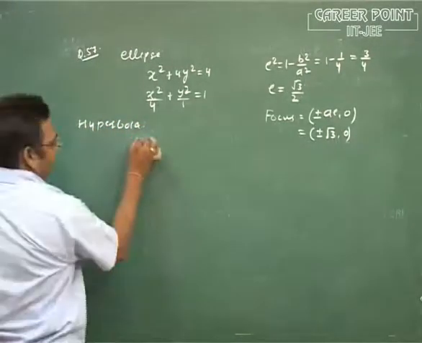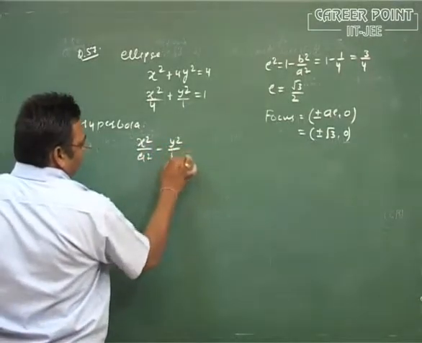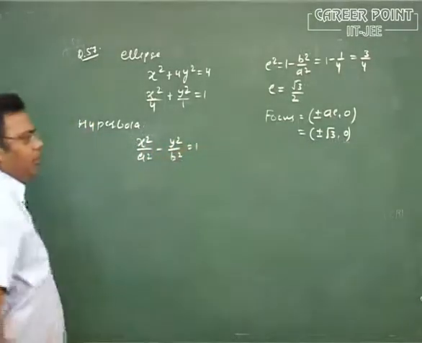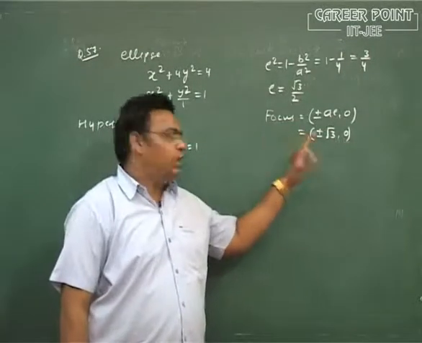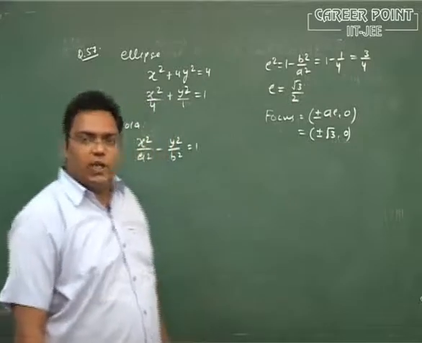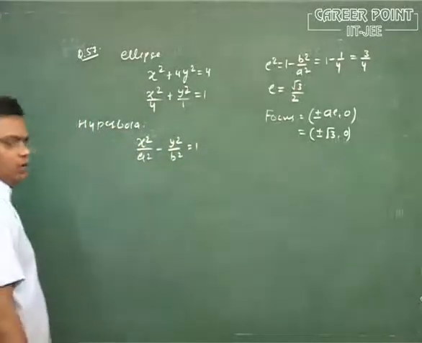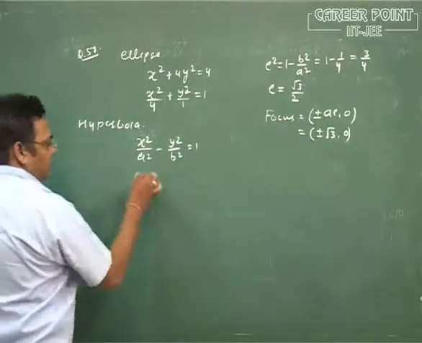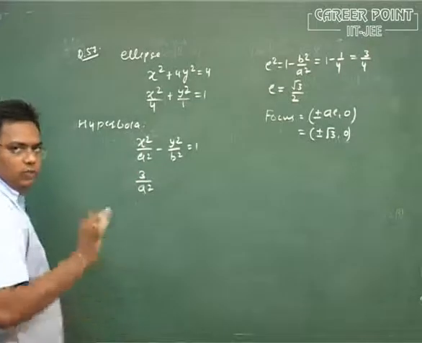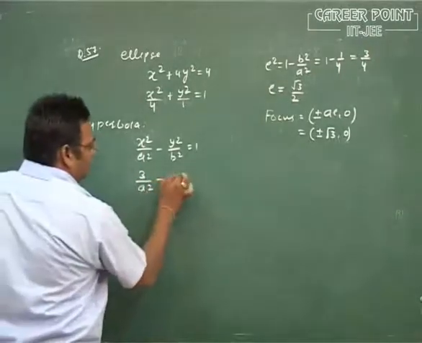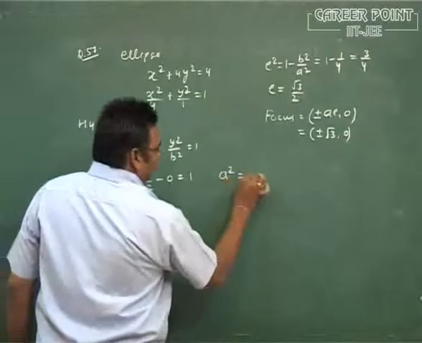equation of hyperbola is x square upon a square minus y square upon b square is equal to 1. प्रॉब्लम में गिवन है the hyperbola is passing through the focus of the ellipse. इसका मतलब ये फोकस के कोऑर्डिनेट इक्वेशन को सेटिस्फाई करेंगे. Put the values of x equal to plus minus root over 3. So that value is equal to root 3 square, that value is equal to 3 upon a square. What is the value of y? The value of y is equal to 0. So minus 0 is equal to 1. Okay. So what is the value of a square? The a square is equal to 3.